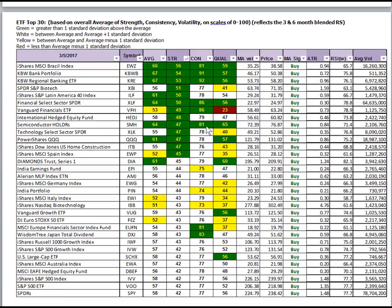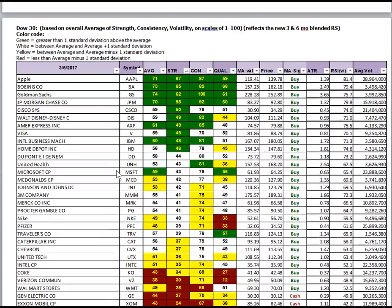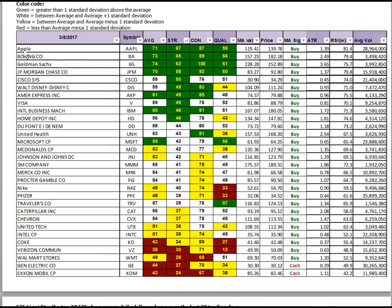ETF top 30 using the ETF2 lens. Again, financials, Brazil, biotech, and technology are leading the way. Inside the Dow 30, Apple, Boeing, Goldman, and Morgan are at the top of the stack. At the bottom of the stack, in the red for strength, are ExxonMobil, GE, Walmart, Verizon. These would all be plays where I might be looking for bottoming action to occur and looking to buy some